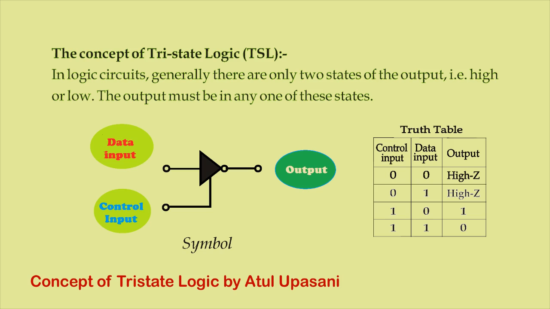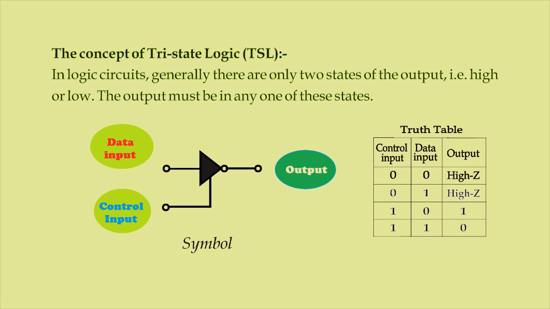Now in the diagram you can see how the symbols of the tri-state logic gate, or inverter gate, or NOT gate are shown. You can see there is a NOT gate as usual. There is a triangle and a bubble shown between input and output. The input A is connected as the NOT gate's input, with the bubble at the output, and the additional input, which is called the control input, is connected here. So this is the symbol of tri-state logic, and this was only for the inverter.